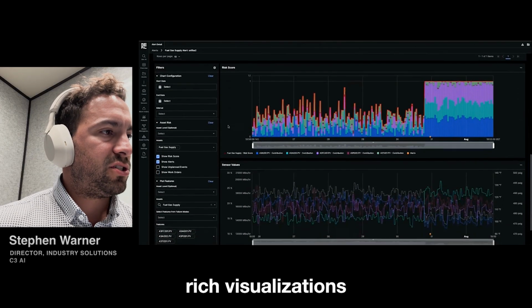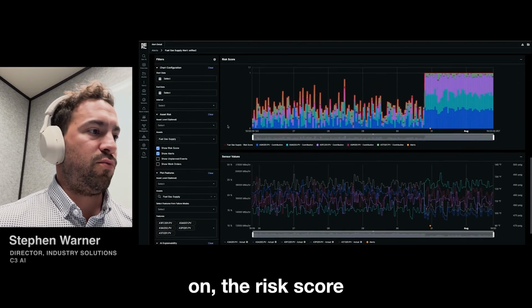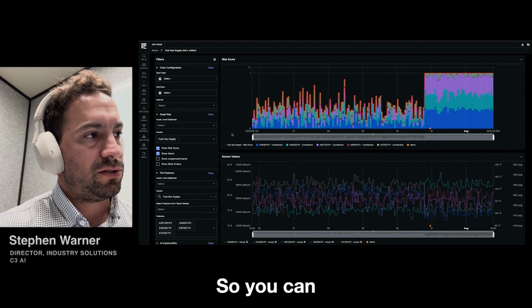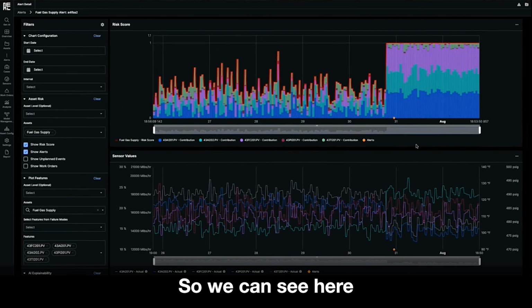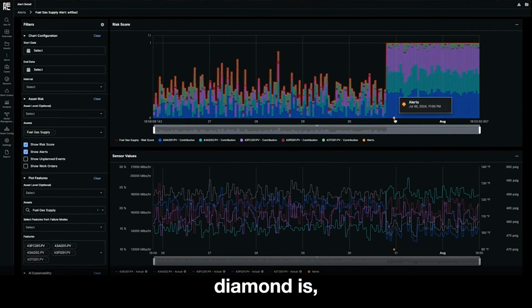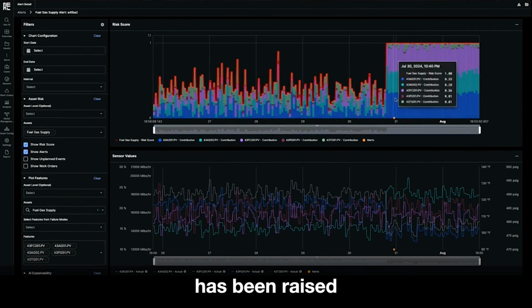We also provide rich visualizations on the risk score over time and the sensor values. So you can think of the risk score as the output of the machine learning models. A higher risk means a higher deviation on that particular asset and more potential for it to have some type of issue. So we can see here where this gold diamond is where my alert has been raised after my